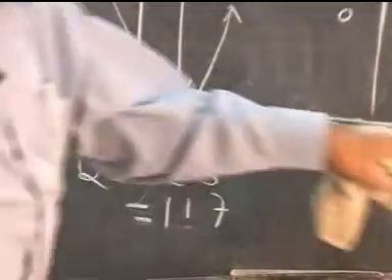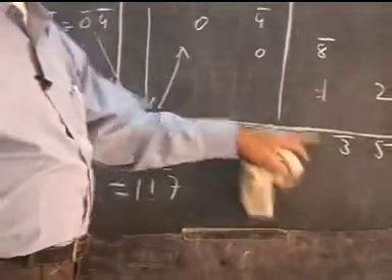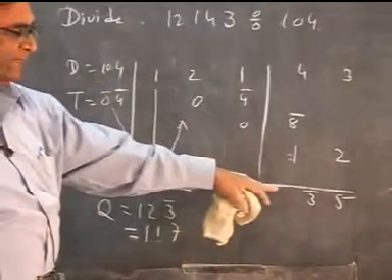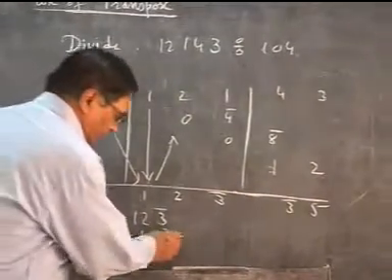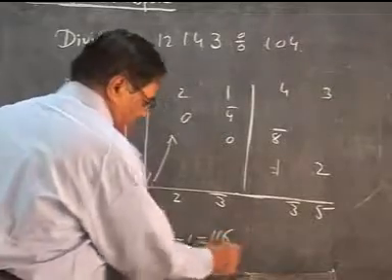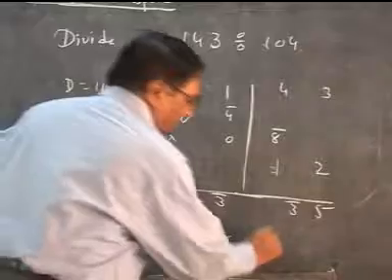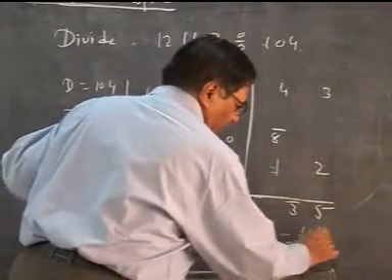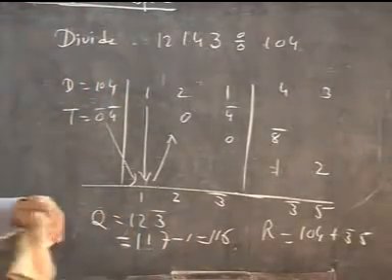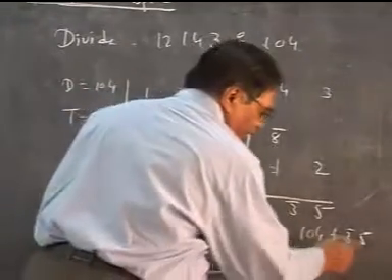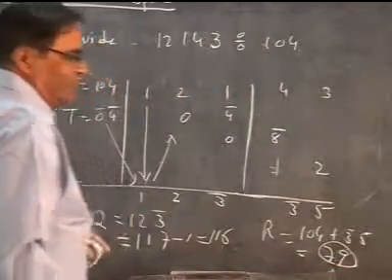Now the question is here, 3 bar, 5 bar. What you need is, obviously, this negative side should be removed. And so, you should decrease 1 here. So, minus 1 is 116. Of the 1, 4 is there. And so, remainder is 104 plus 3 bar 5. And you can see it is 4, 5, 9. And minus 3 is 7, the remainder.